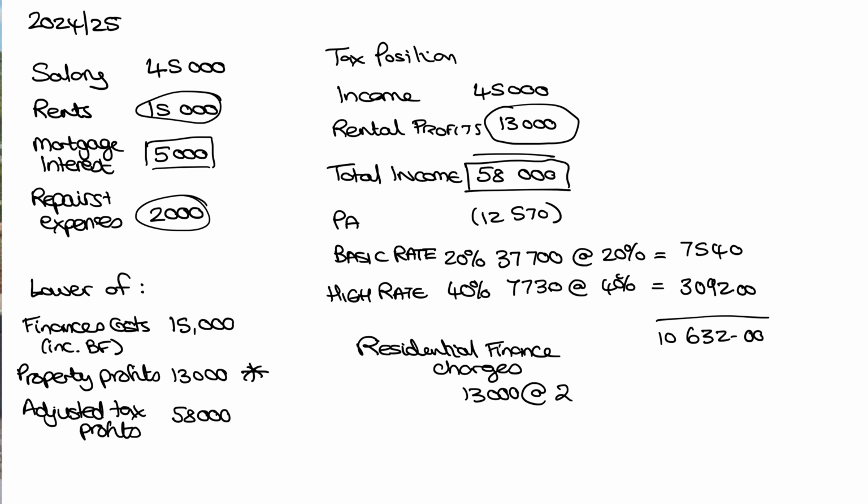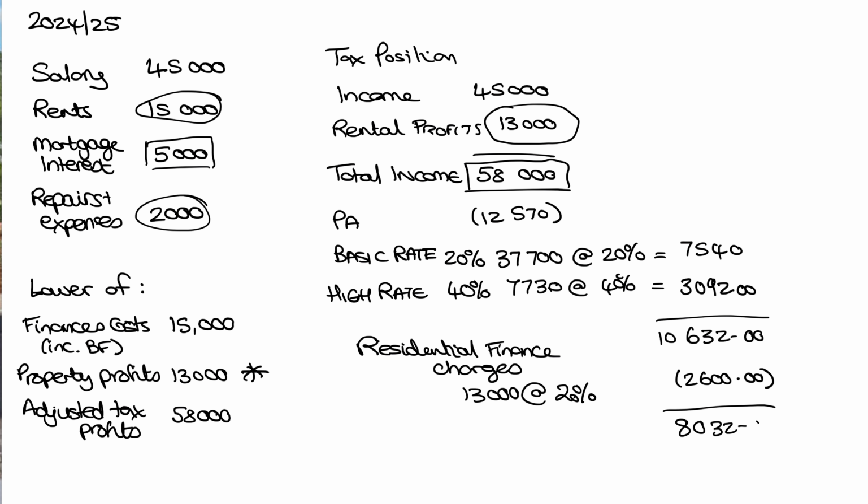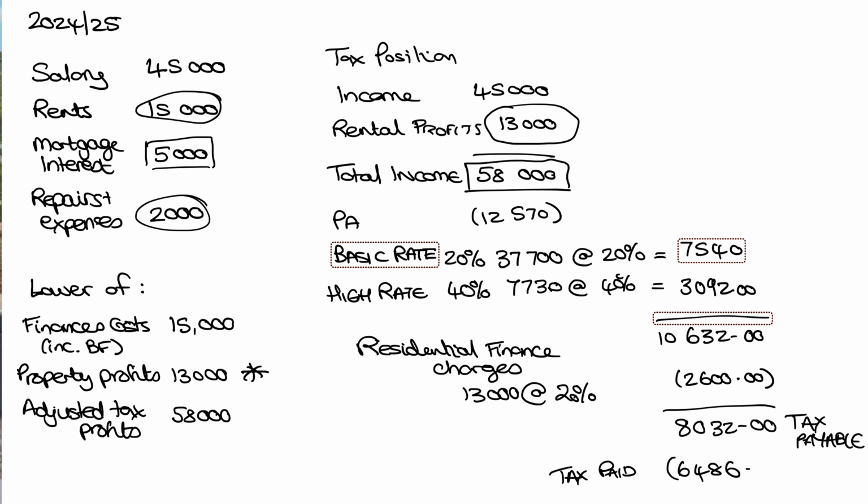So we now have our 13,000 at 20%, which comes to 2,600 that we are taking off the tax charge. This now gives us a figure of £8,032 tax payable. However, because some of it has come in through PAYE, our tax paid estimated based on my calculations is going to be